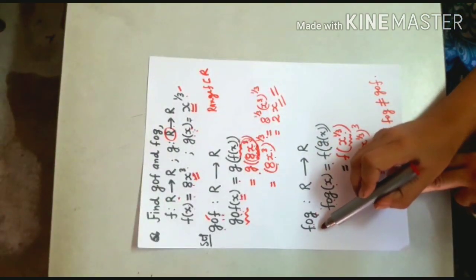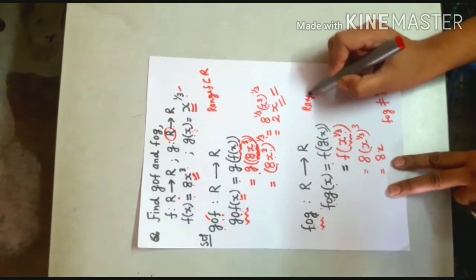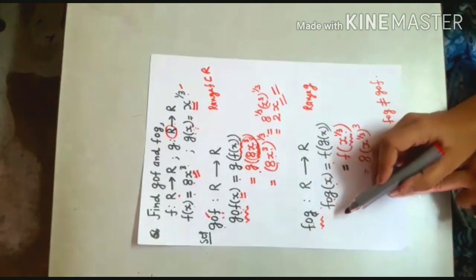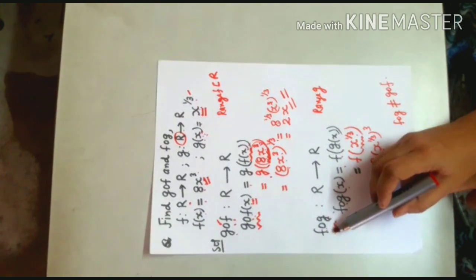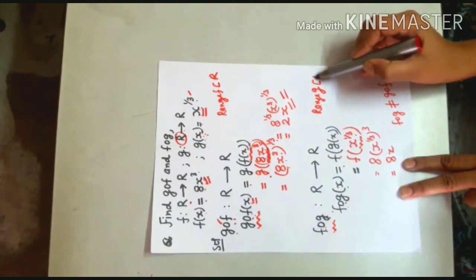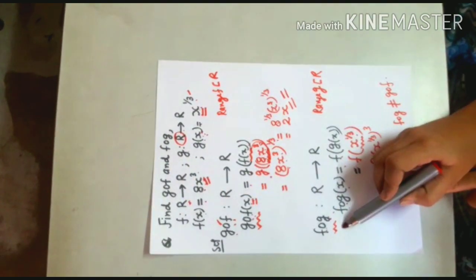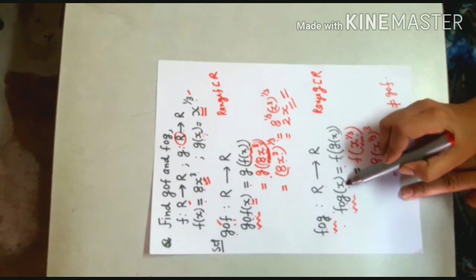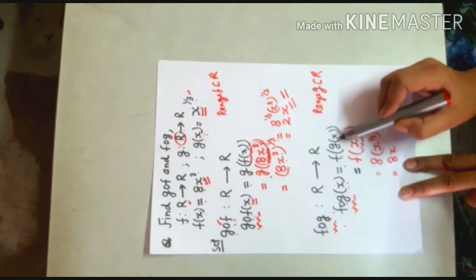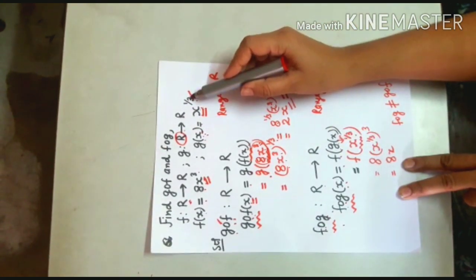Next we have to compute f of g. First we will see whether this function exists. For that, the range of g should be a subset of the domain of f. So clearly the range is a subset of R, which is the domain of f. So this function will exist and it is from R to R. Under this function, the image of x will be given by f(g(x)). Now g(x) is equal to x raised to the power 1 by 3.